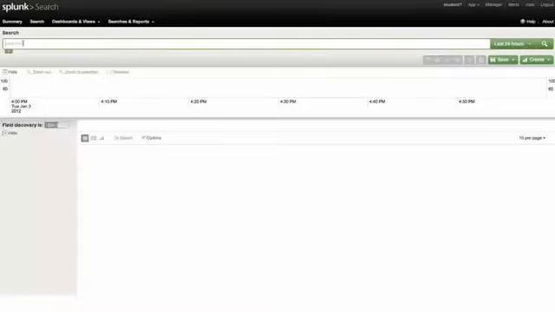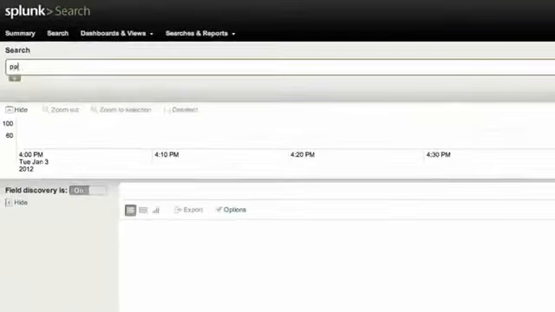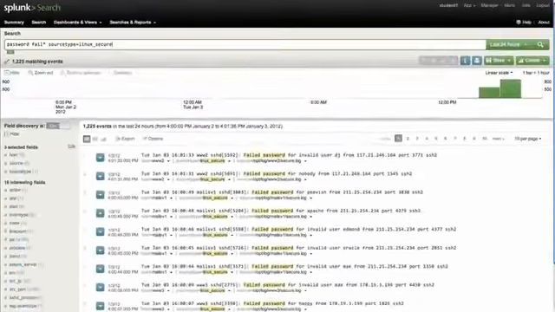In this session, we're going to talk about a knowledge object called tags. By now, you probably know how to use Splunk as a search engine. That is, you can type in keywords in the search box and press enter to get results. And that's great. You don't need to know a whole lot about Splunk or the data you have in Splunk